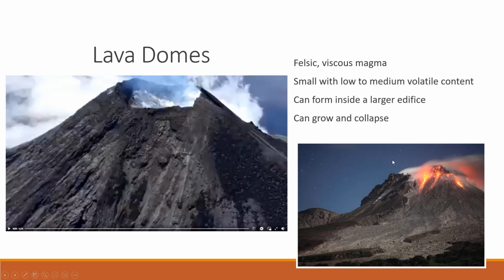We can also have lava domes. These are going to be more felsic viscous magmas. They are small with low to medium volatile content. They tend to form in a larger edifice, a larger volcano. They can grow and collapse. I'm going to show you a